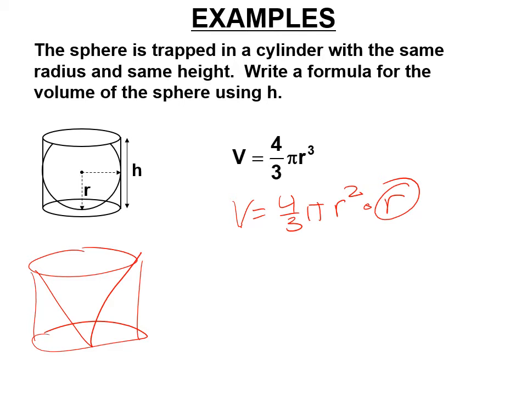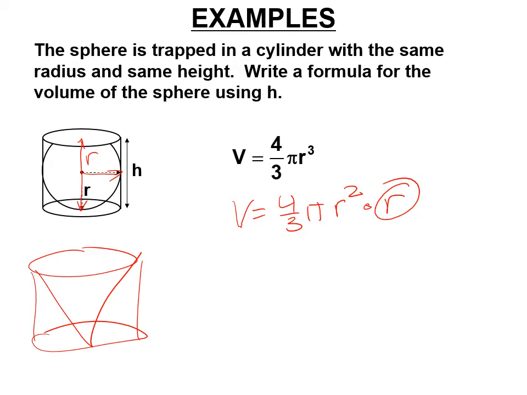Now, how am I going to do that? Well, let's look, right? This distance is the radius, the same as that distance. So that distance to the top is also the radius. So the height here is actually the diameter of the sphere, right? If the sphere just fits in the cylinder, the height of the cylinder is the diameter, or 2r for the